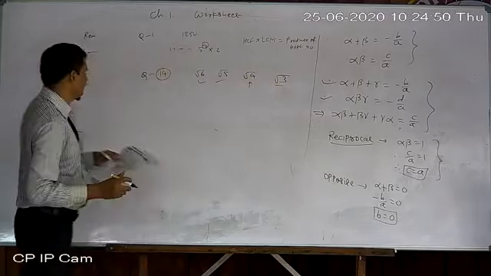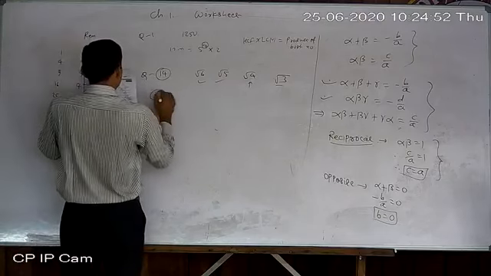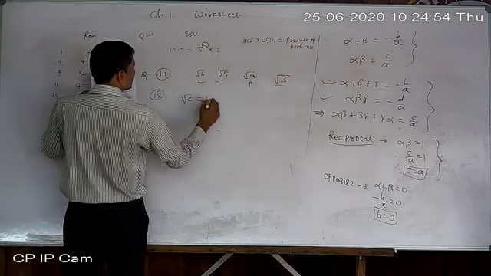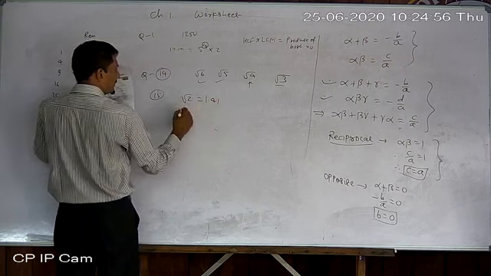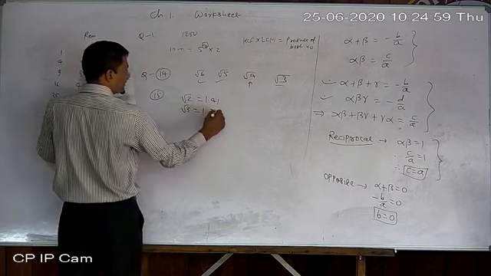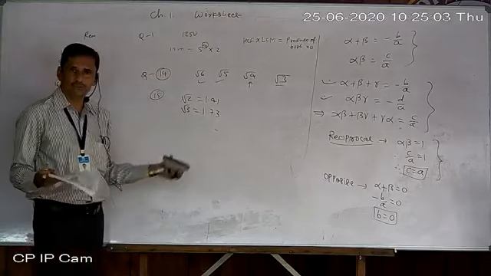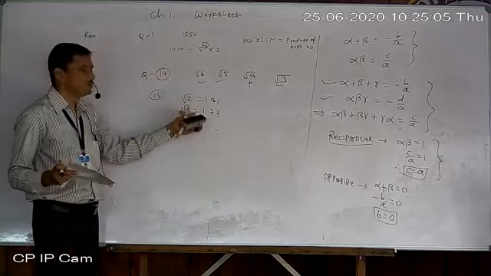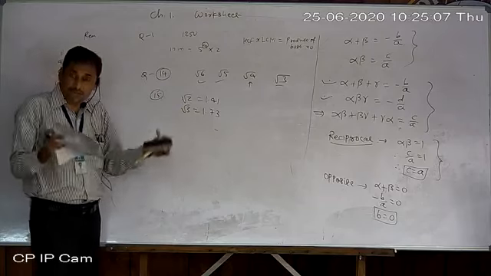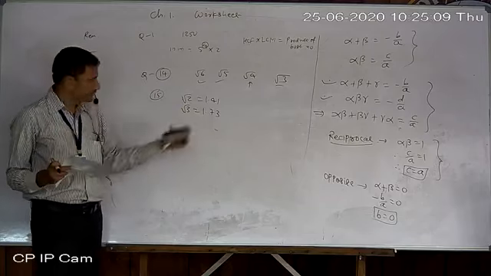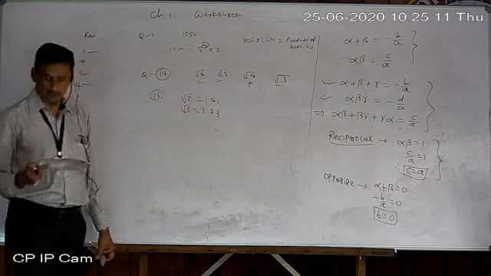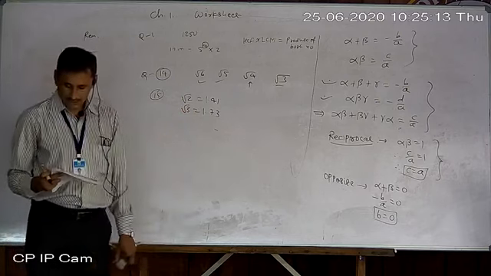Now 15. Actually you should have the value of this one. These are the approximate values of root 2 and root 3 I am giving to you. You just remember 1.41 and 1.73. Which one is in between? You just check one by one and look whether its decimal value is in between this or not. Just remember this. Write it down now anywhere.